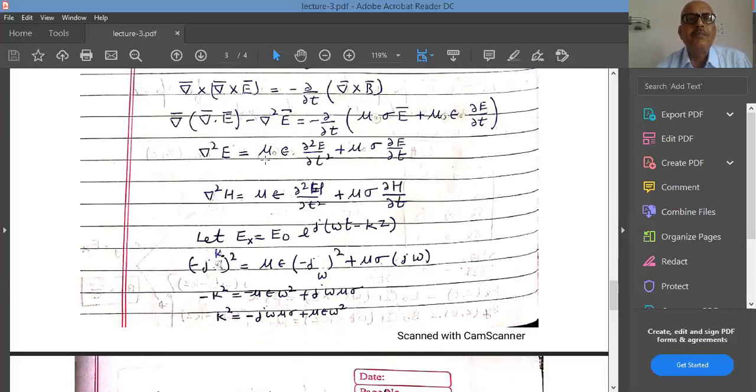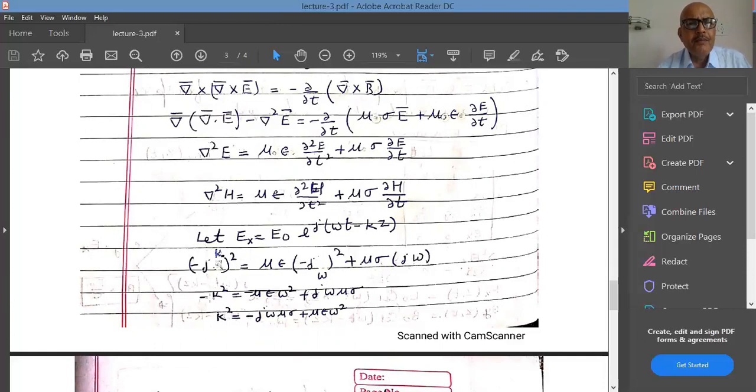Now move on to the second term, mu into epsilon, second derivative with respect to time. So it's a j omega, so j omega is squared. Again, the minus sign will be a plus sign, because j omega, but since it is squared, put a plus sign here. Then coming to mu sigma, and then we have del E over del T, first derivative. So it's a j omega. Here I have written j omega correctly, but here by mistake I have put a minus sign also, but it did not show me because it's a square. Since it is a square, minus and plus hardly make any difference. But please change the sign and put it as plus.